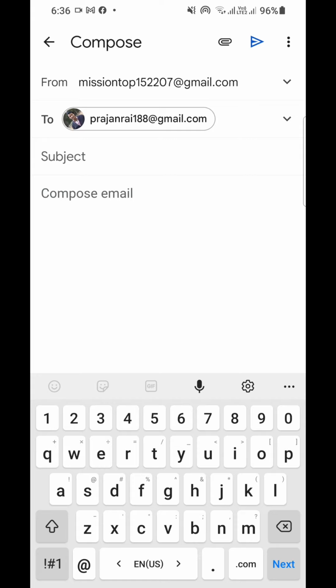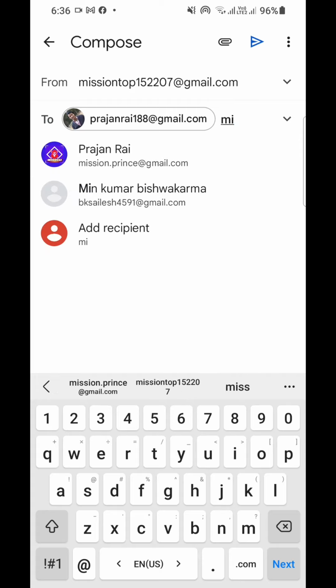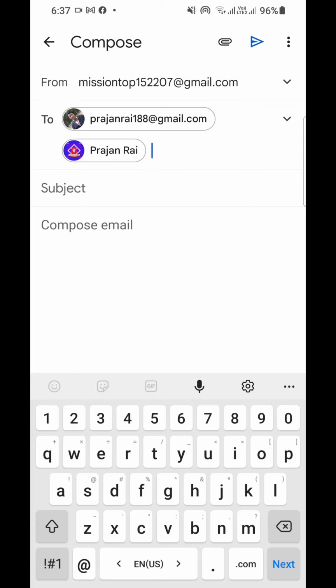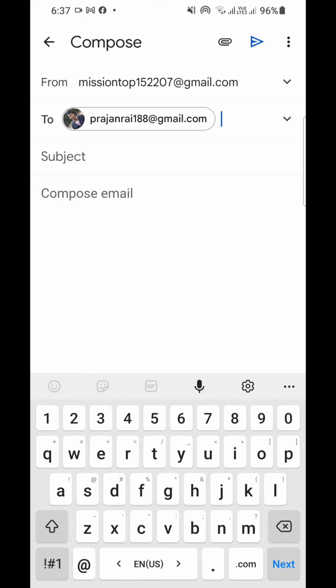If you want to send your email to one recipient account, or you can also send to multiple recipient accounts, you can add multiple recipient email addresses here like this. And if you want to send your email to multiple recipient accounts, you can add them like this, and you can also remove another email account like this. And now I'm going to add the subject here,